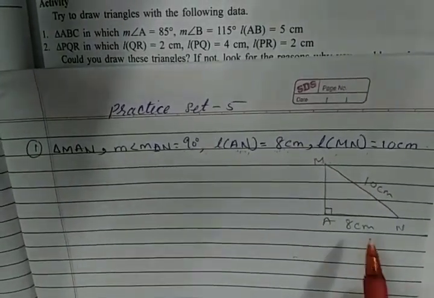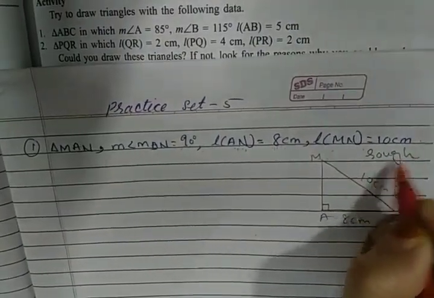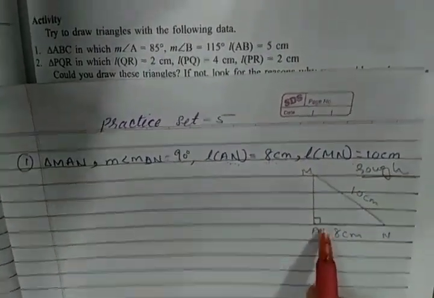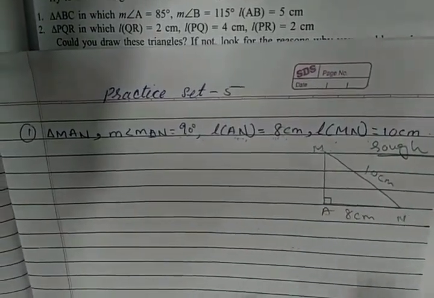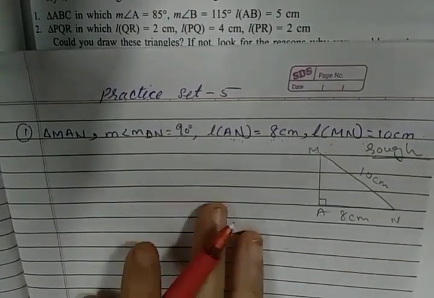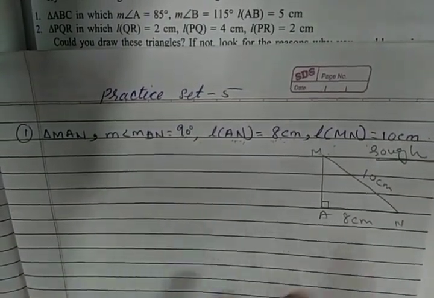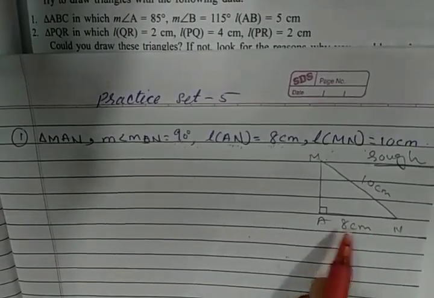Why do we draw the rough figure? And you have to write over here, rough figure. Why do we draw the rough figure? So it will be easy for us to decide which side we will take the base and which side we will make the arc or which side we will take the angle. Got it?